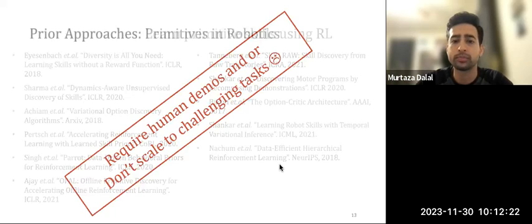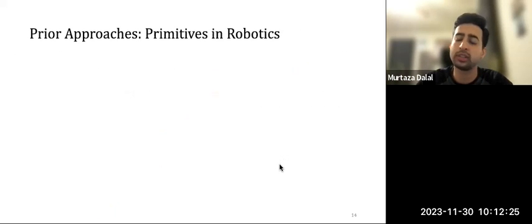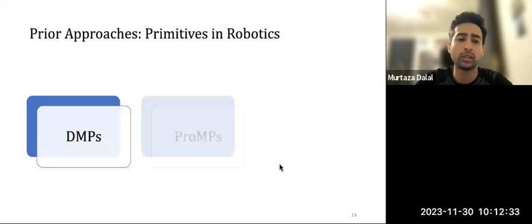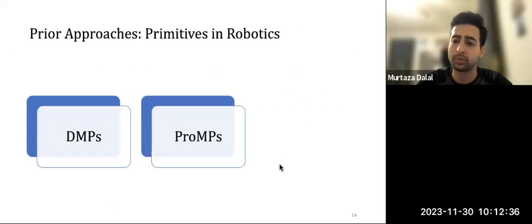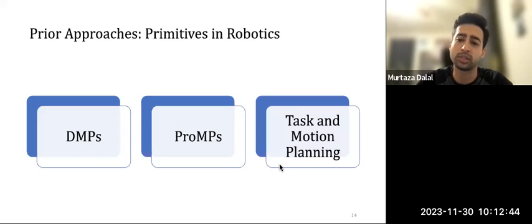So what are other approaches? Well, the idea of primitives is actually well explored in the robotics literature itself as well. Dynamic and probabilistic movement primitives are two main types of methods that have been explored, but they require demonstrations and can sometimes be brittle. On the other hand, task and motion planning literature uses primitives as well, but it requires access to some sort of privileged information and collision checking in order to plan. Ideally, we want to be able to run these robots with as few assumptions as possible. That's why we chose to do learning. So how can we take some of these ideas and integrate this into our learning pipeline?